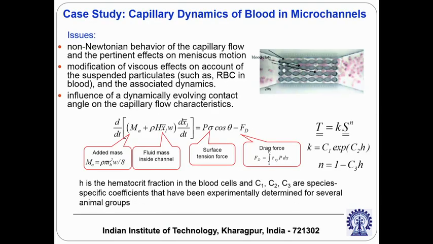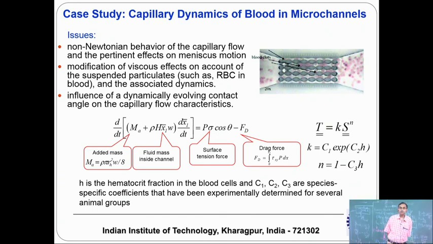With this understanding, I will try to give you a case study on capillary dynamics of blood flow through microfluidic channels. This is one of the very interesting case studies in biomicrofluidics. If you look into this equation, you have a surface tension force, a viscous drag force, and also an inertial effect. This inertial effect is kept here with an understanding that this is a more general model than the Lucas-Washburn